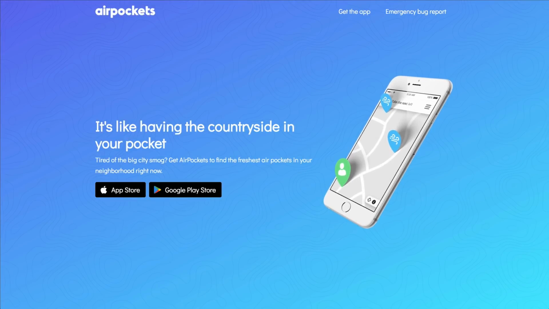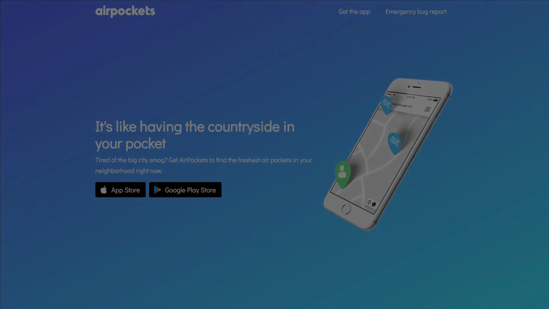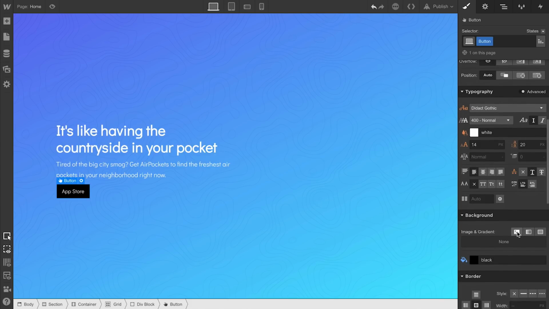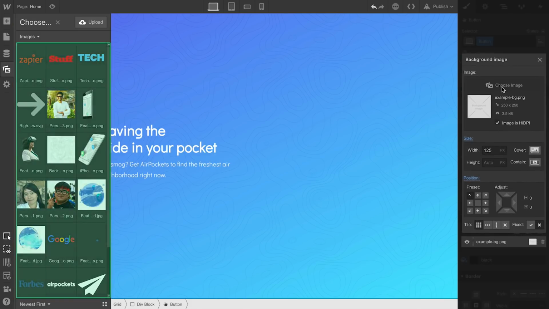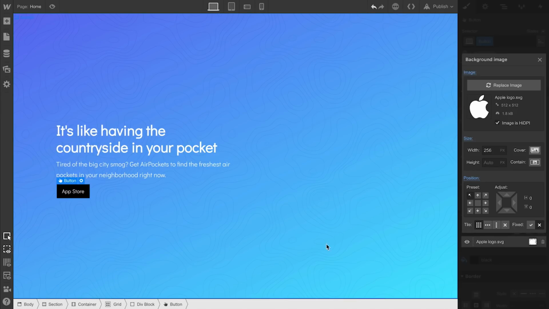Now here's our final design again. There's changes to the color, there's changes to the logo, the rounding, so we'll start with the color. Let's change our background color to black. That's it. First part changed, and let's add our background image. All we gotta do is choose image, and we can select the image from our assets panel. And we can't see a thing yet.